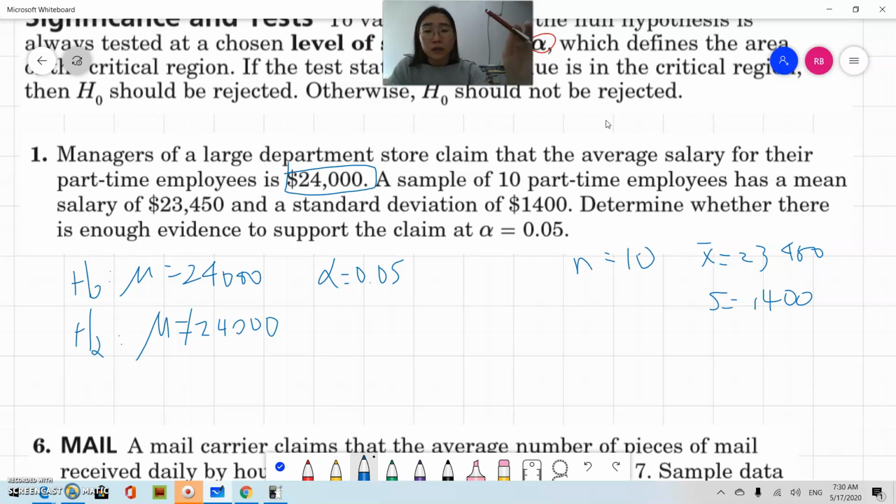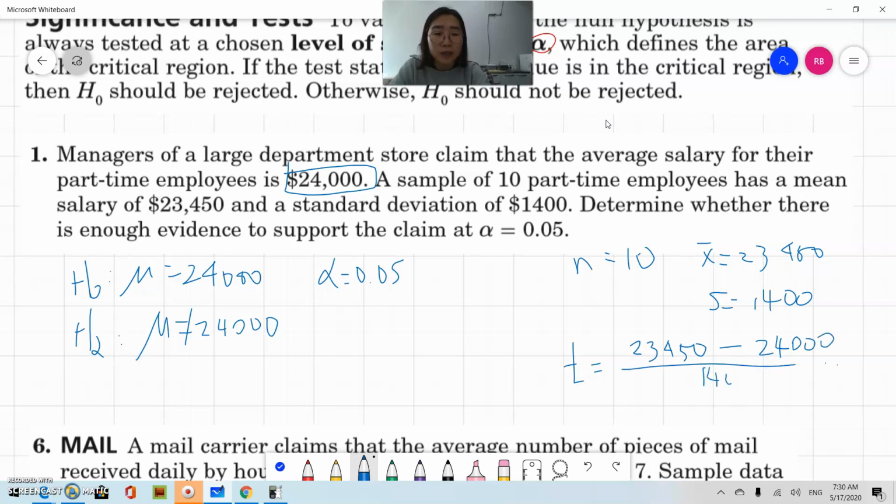Okay? So then what we do is we have to find the t statistic for this one, because my sample size is so small, right? So we're going to find t. And how we find t is very similar to how we find z. We get our mean, and then we subtract the parameter, and then we do 1400 over the square root of 10, because that is the, no, I'm getting out of